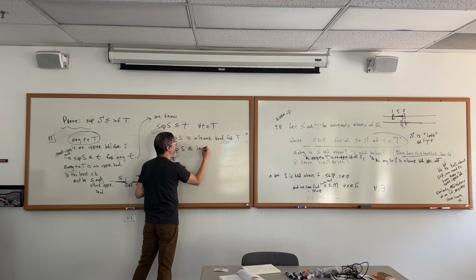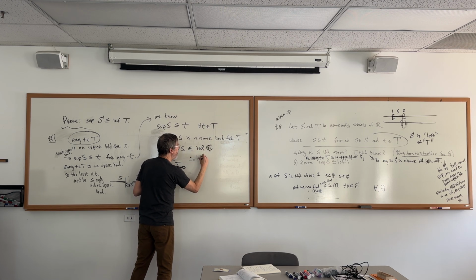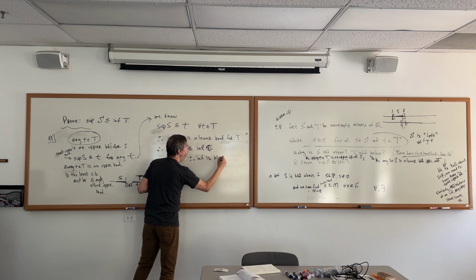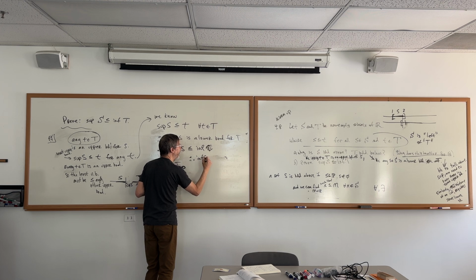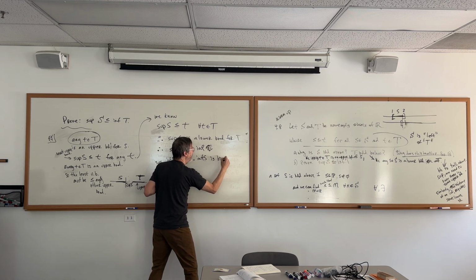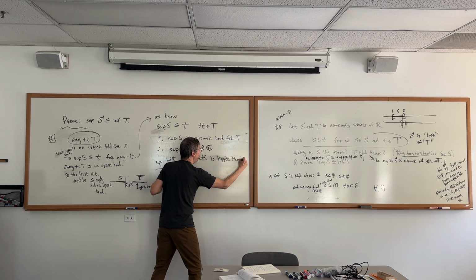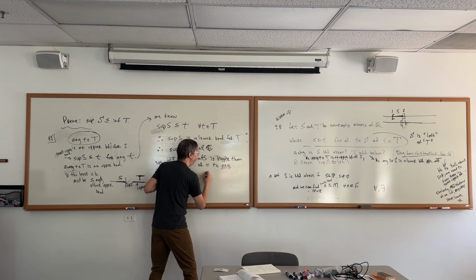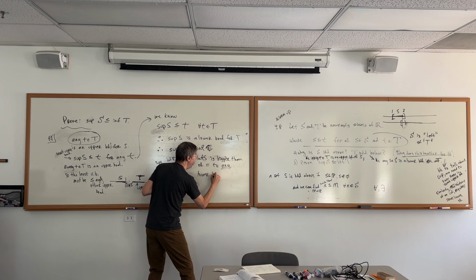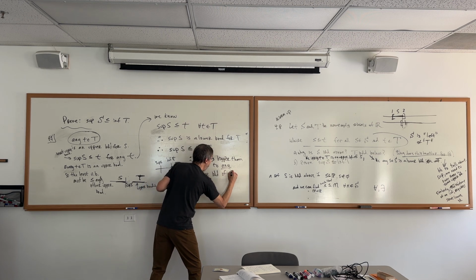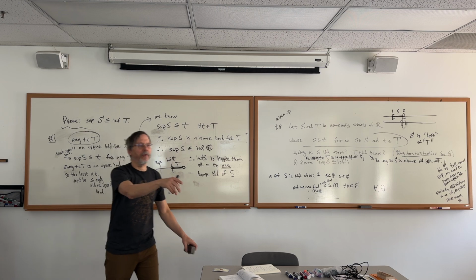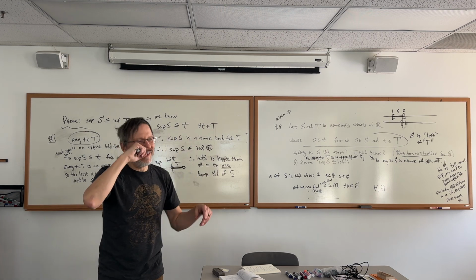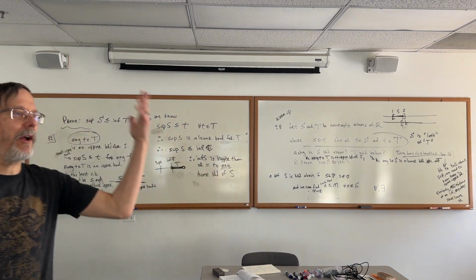So let's put this up here and then write that up. Inf of T is bigger than or equal to any lower bound of S. That was what I was looking for. Yeah, that's a lot smoother. That's okay. What you said was beautiful. It's like a whole proof, though.